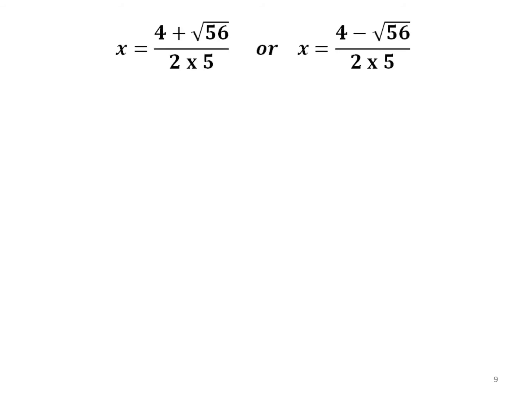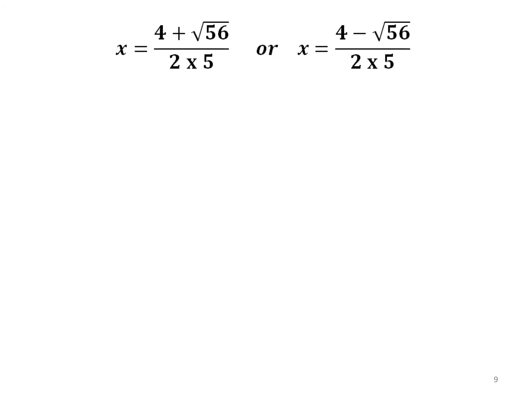Since it is plus and minus, we get two different values. So x is equal to minus from the bracket, and outside bracket minus and minus goes off. So we get 4 plus root 56 upon 2 into 5, or x is equal to 4 minus root 56